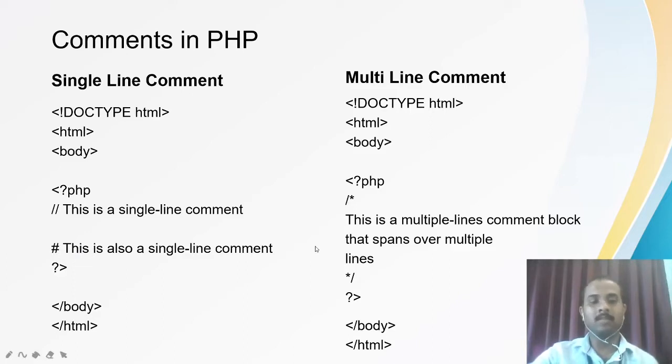But hash or two slashes will only be used as single line comments. Coming to the multi-line comment, where you want to make multiple lines a comment, what you can do is use slash and star and close with star and slash, which is again similar to C or C++.